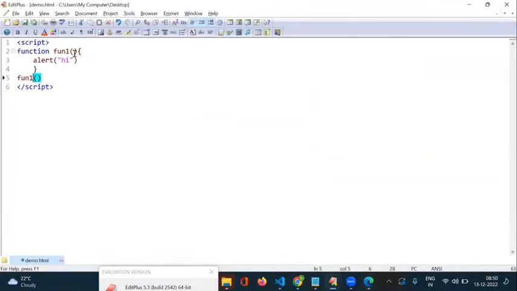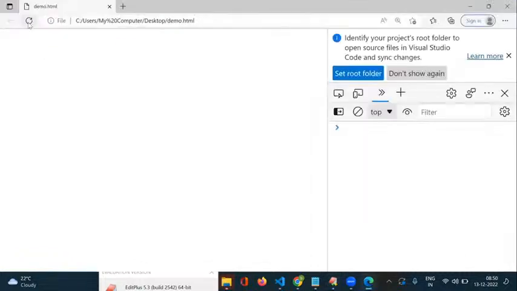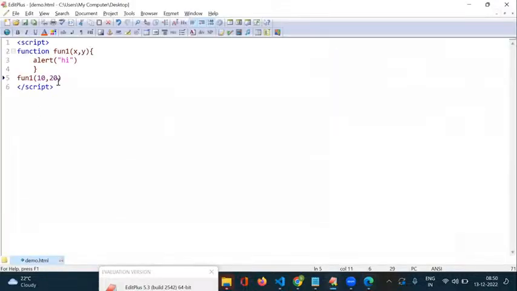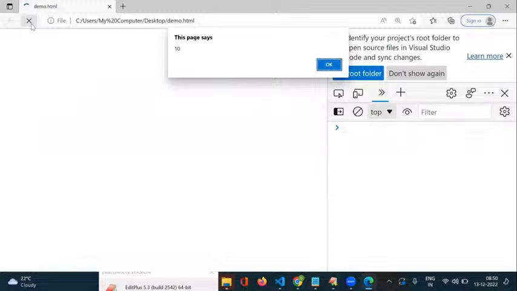Fine. Now here I am taking two variables, x comma y. And here I am passing something. How many arguments am I passing? Two arguments, and two variables are there. No issue, you are getting this hi message. In case I pass 30, is it matching with this argument list or not? The values which we are passing, are they matching with the argument list or not? That is my question. No. Here I am displaying x also, alert x. Actually in this point of view it is not valid, but it is running that script